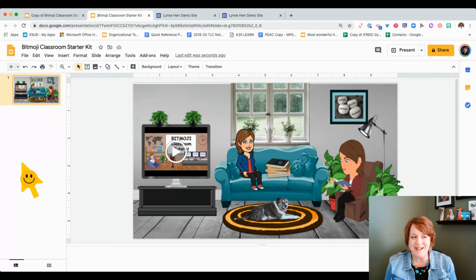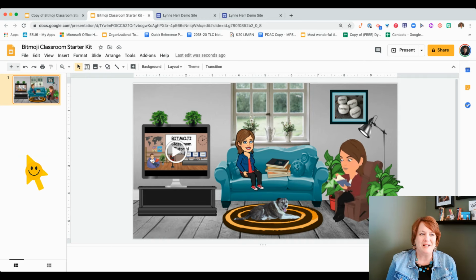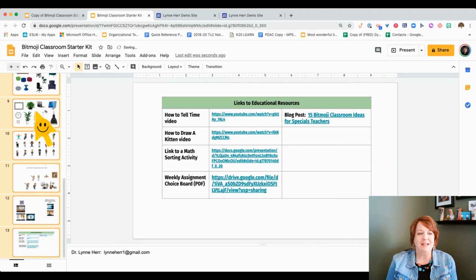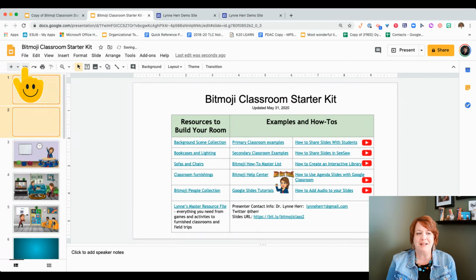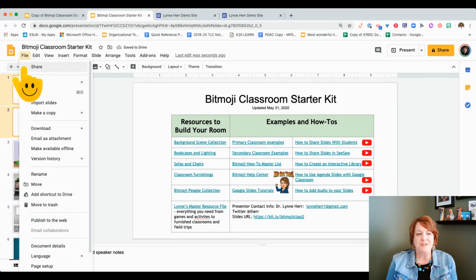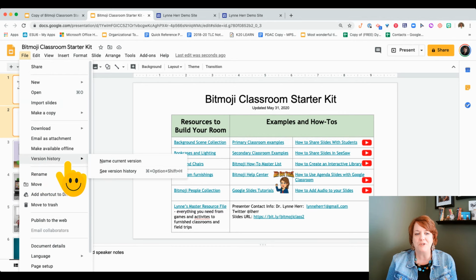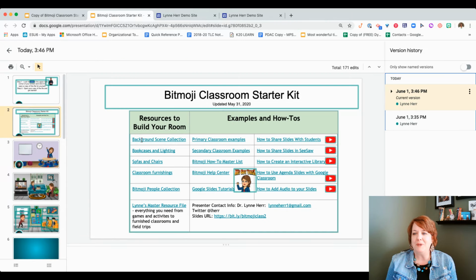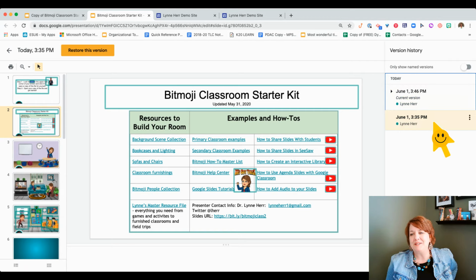Now, what about all those slides that I just deleted that I didn't want? First off, we have the undo button, and I can undo as many times as I need to. The other thing I want to just remind you of, in all of the main Google tools and those core tools, we have version history, and we can go see version history. So if you've been building your file and something went terribly wrong, you can always go back to where it started and see if it's what you want and restore that version so you never lose any copies